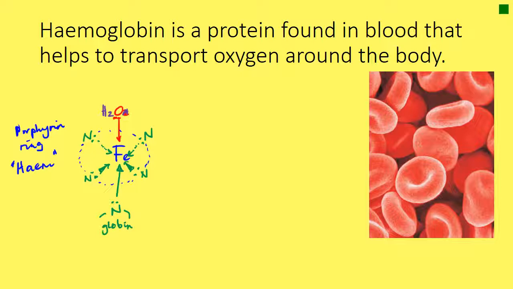So in the middle of the complex ion is an iron ion. So let's draw our Fe in the middle there. And what we have is a ring, which is called a porphyrin ring, of nitrogen atoms that are part of a heme molecule. So let's switch to green, and so you've got this nitrogen at the back. So imagine these 2 nitrogens are